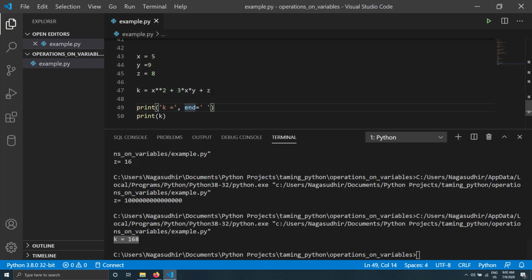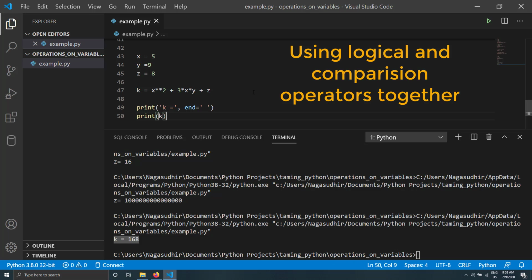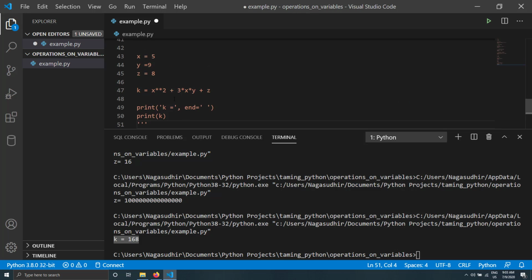So now using all these operators, you can create an equation and compute your arithmetic equations in Python. Let's go to the next topic, mixing arithmetic operators and comparison operators. Let me do equations and compare them. So let x equal to 10, y equal to 16, z equal to